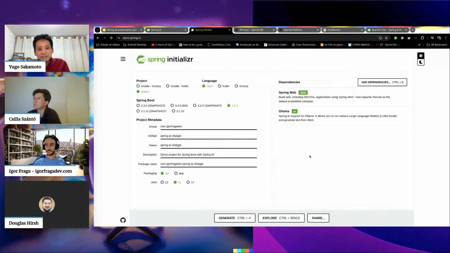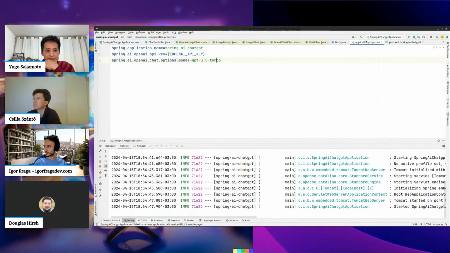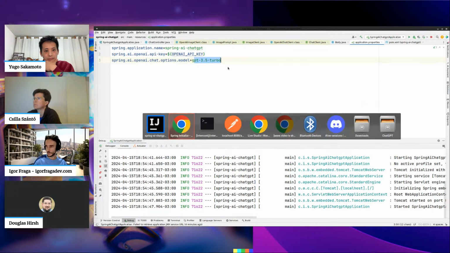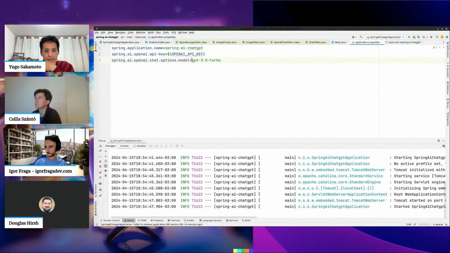You will just need to add the exact same property I've added here for GPT-3.5 turbo, but instead you add Med Llama. You don't need any API key since you're running it locally, and you're ready to go.